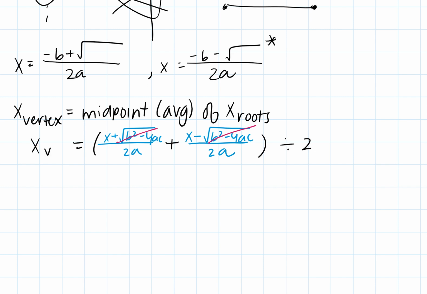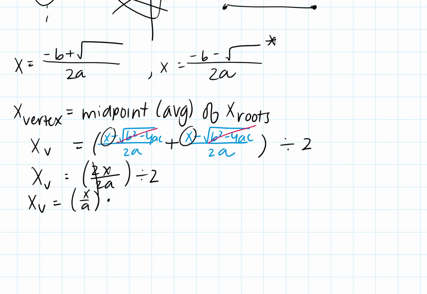So the x value of the vertex is at -b plus -b, that's -2b all over 2a, divided by 2. These 2's cancel. Dividing by 2 is the same thing as multiplying by 1/2. So the x value of the vertex is at -b over 2a. Oops, I'm so sorry. This should be negative b in our quadratic formula, which makes this negative b over